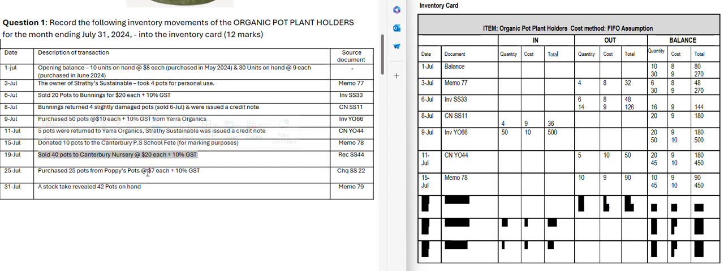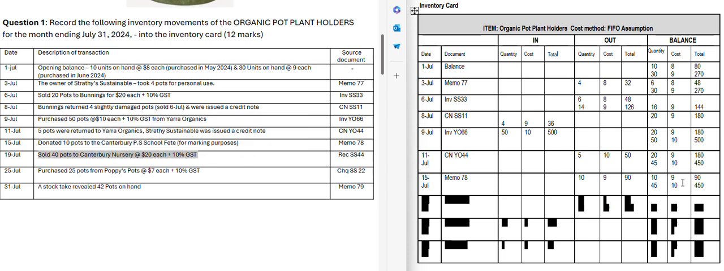We're not going to use any of these. That $20 each is the sale price. That'll get recorded in the sales journal. We're not at the journal stage yet, so we don't need to worry about the GST. We need to work out the cost price effect when we're doing an inventory card. So again, FIFO comes into play here because we don't know if it's from the old pile or the new